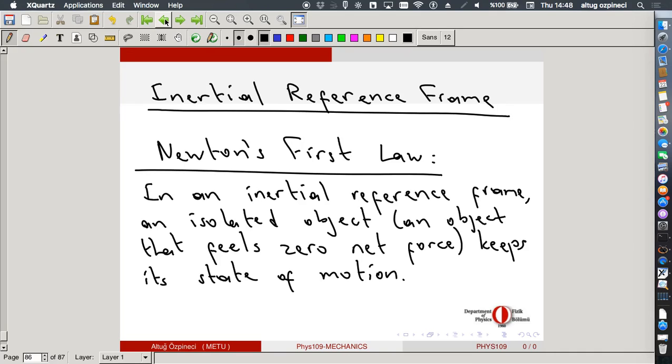You see, for example, the coordinate axes, we were just arbitrary in choosing them. We could choose one coordinate axis like this, the other one like this, or one is pointing over here, the other one is pointing over here. It's just our choice. But we cannot choose which reference frame is an inertial reference frame and which is not. This is how we test whether a reference frame is inertial or not.